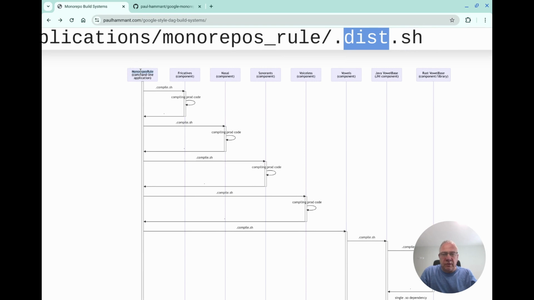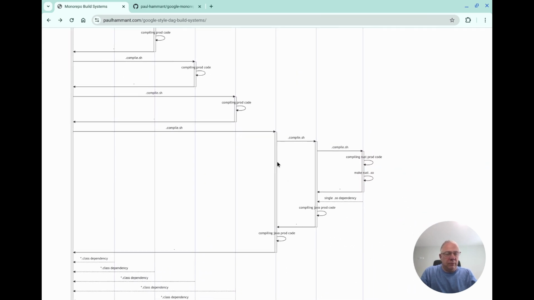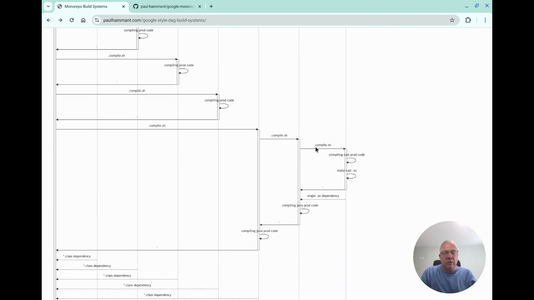Monorepos rule is our intention, that's what we've asked to do, and that's the first script that we tried to invoke. The human to the left of this invokes monorepos rules compile.sh, dist.sh. But this one in turn reaches out to fricatives, nasal, sonorants, doing the same thing. And then it gets to vowels. Vowels before it completes has to invoke the compile script of vowel base, which is Java, which in turn invokes the compile.sh of the Rust stuff, which could probably be shorter, but in my case it's making a linkable